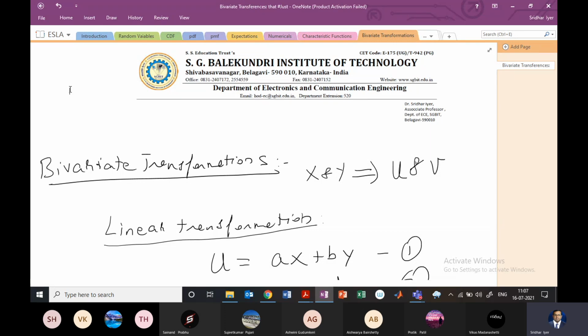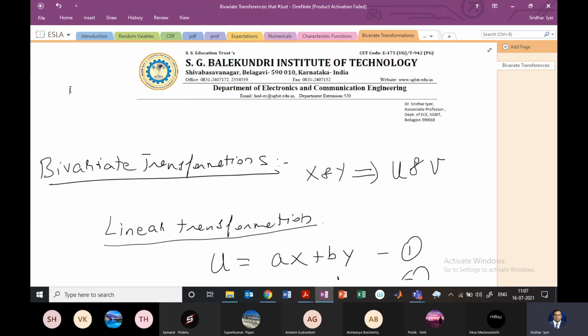So till now, what we have seen is what bivariate random variables are. Actually, we want to understand the concepts of multiple random variables, but we have only taken the case of bivariate, that is two random variables, because the same concepts can then be extended to multiple random variables. So here we are concentrating on bivariate random variables. So we have two random variables at the same time, that is x and y, or u and v, right?